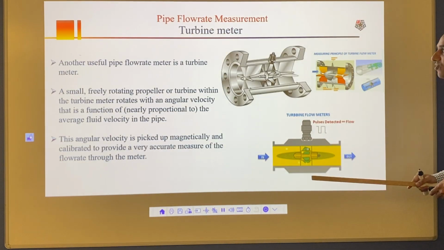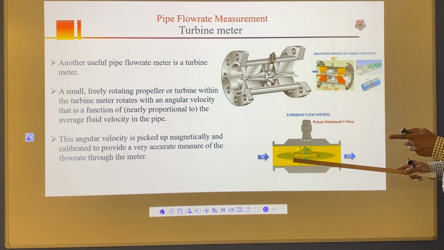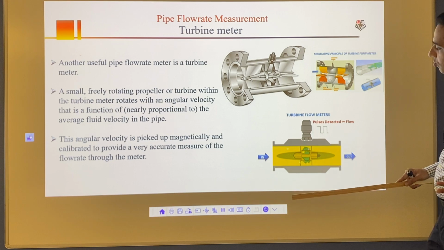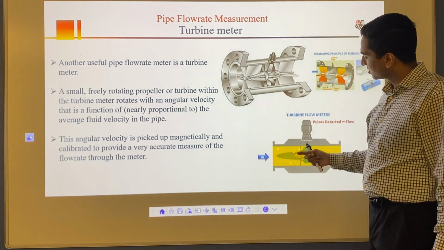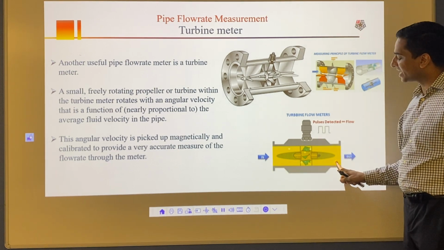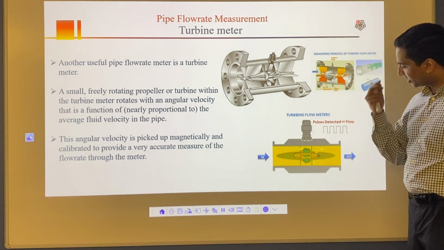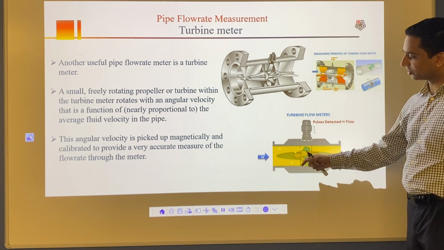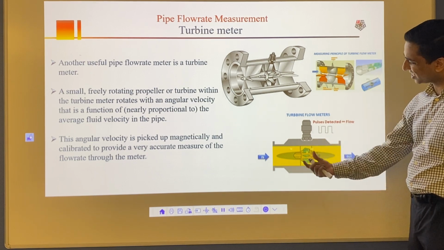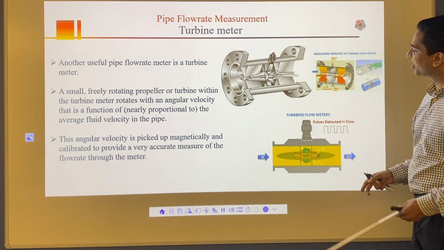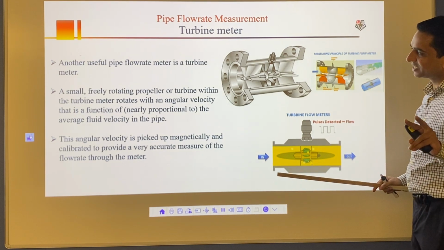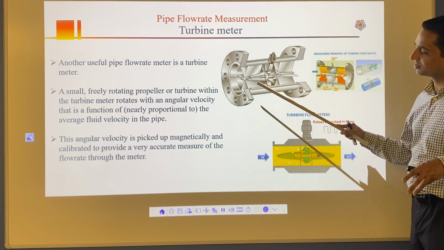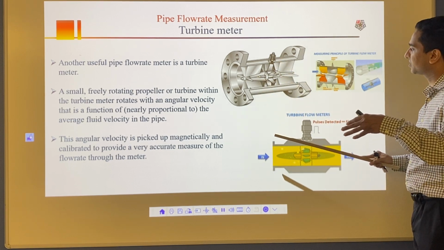And then the final device is the turbine meter. A turbine meter is like your wind turbine or your water turbine. In the pipe we add a small turbine, and as this turbine rotates, you can calculate flow rate. So the faster the rotation, the more the flow rate; the smaller the rotation, the less the flow rate. So they are very common devices. I'll add some video to help understand this turbine meter, but that's the general idea: the more the rotation, the higher the flow rate, the lower the rotation, the lower the flow rate.